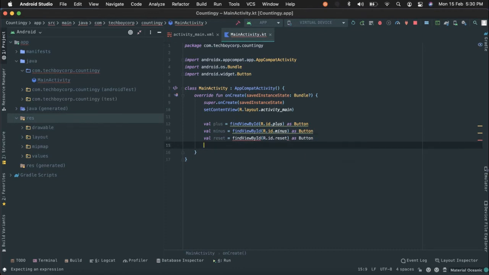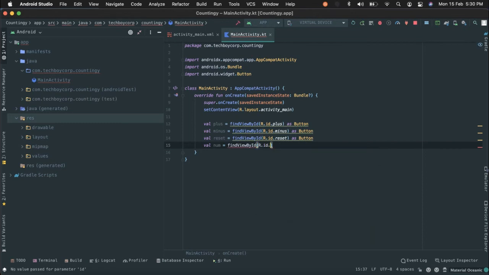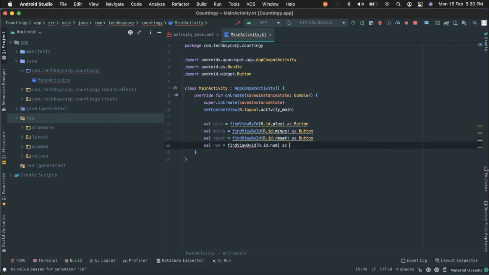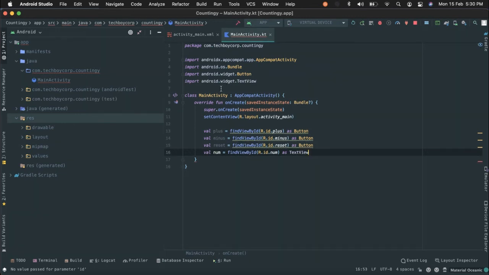And now we can write over here val num equals findViewById and R.id.num as TextView, and we'll import android.widget.TextView over here. So this much is done.